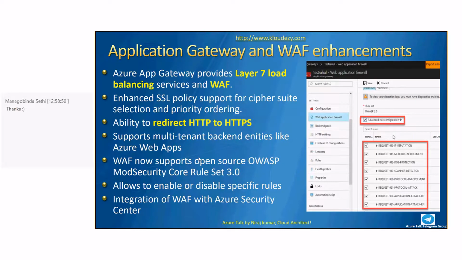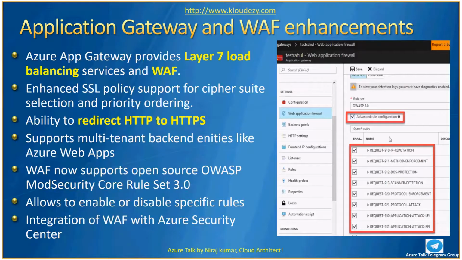Now, with that ability, any traffic which is received on the application gateway, you can redirect to port 443, HTTPS. In normal scenarios which we have seen, we go onto the IIS server and enable the HTTP redirection, where we mention the website, and if we want temporary redirection with a 301 or 302 rule, or permanent redirection, we do it over there in IIS.